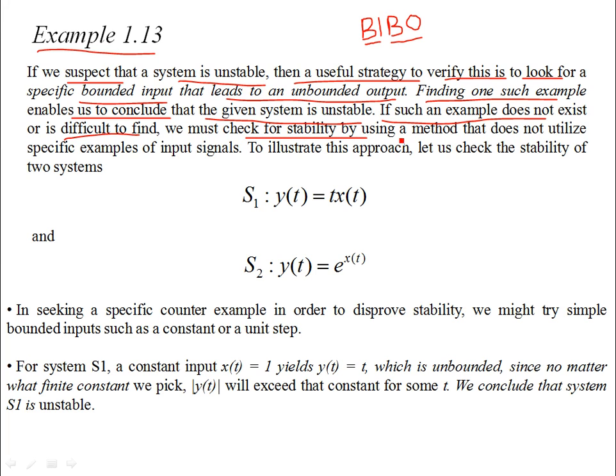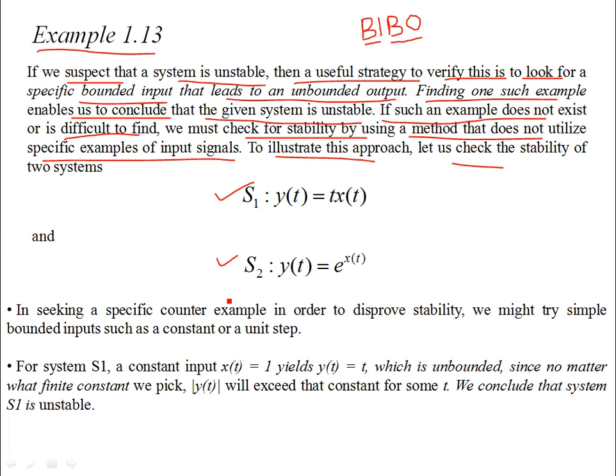But in cases where such an example doesn't exist or is hard to find, we must check for stability using a method that does not utilize specific examples of the input signal. To illustrate this approach, let us check the stability of two systems, S1 and S2. S1 is defined as y(t) equal to t x(t). So for the first system,